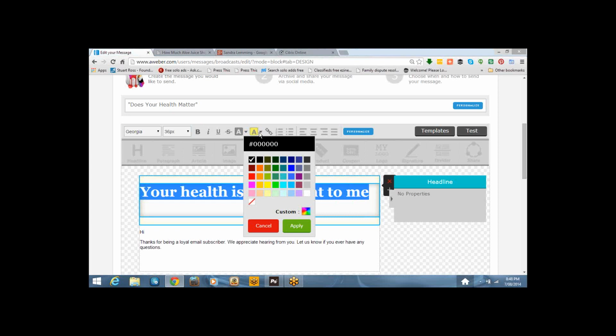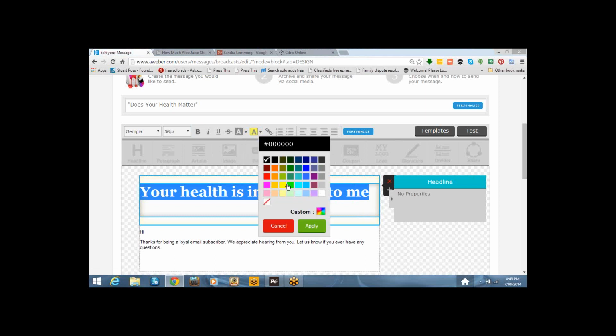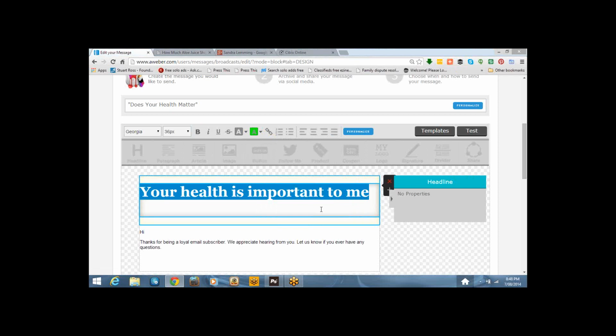And I'll just apply, and you could put a highlighted section behind it as well, like that. There you go. See?